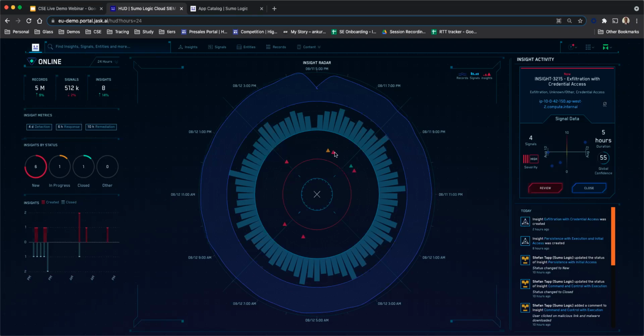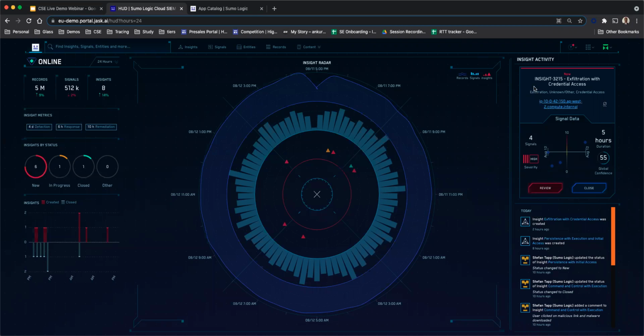You can see the colors showing the status of those different insights, the green one being closed, the red ones being new insights which are being detected, and the yellow ones being in progress, etc. You can see a couple of insight metrics here, like it has taken 4 days for detection, the response times, the remediation times, etc. And you can see the status of various different insights shown over here.